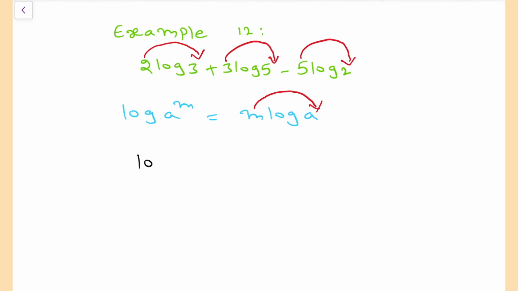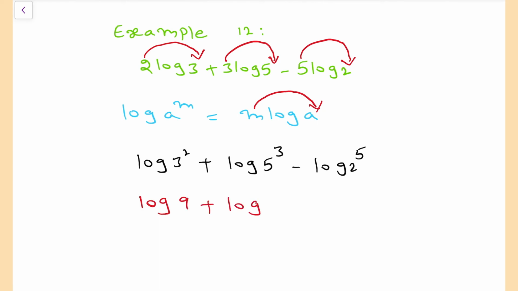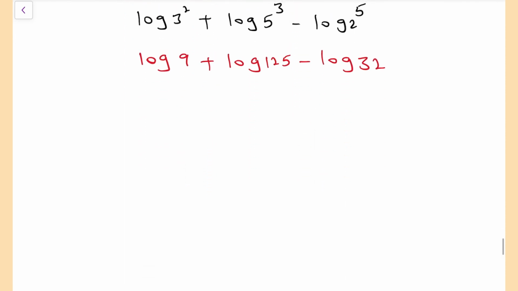Log 3 power 2 plus log 5 power 3 minus log 2 power 5. Log 3 square, 3 threes are 9, plus log 5 cube, 5 into 5 into 5, 125, minus log 2 power 5, 2 into 2 into 2 into 2 into 2, so 32. Next, the formula which we are going to use here is log A